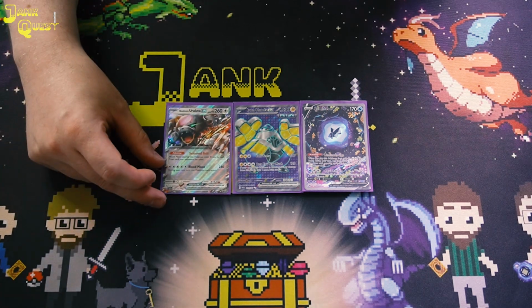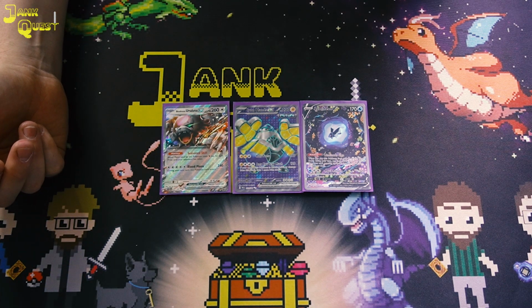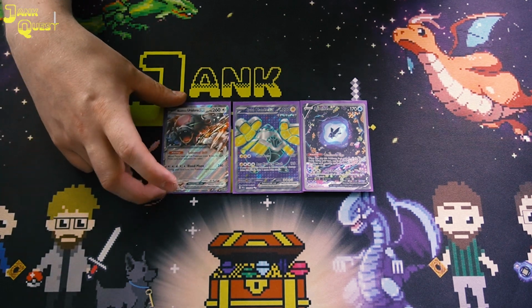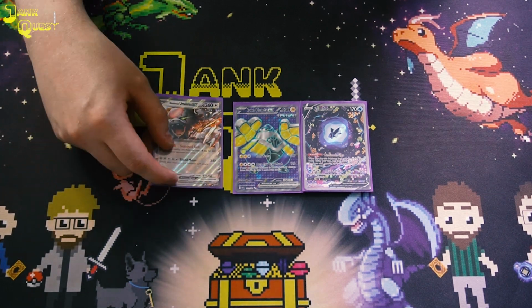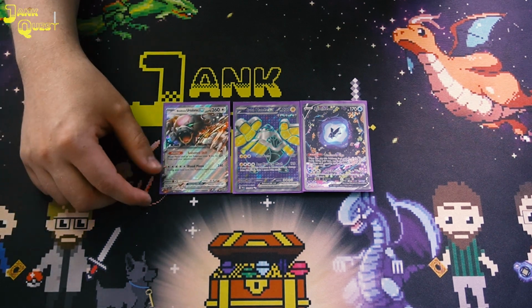It hits for a massive 240, and it also has 260 HP, which is absolutely gigantic for a basic in terms of HP. It can't attack the next turn, but yeah, this can come up quite early game for me as well, and it's really, really broken late game, obviously just being able to basically be a free attacker and take